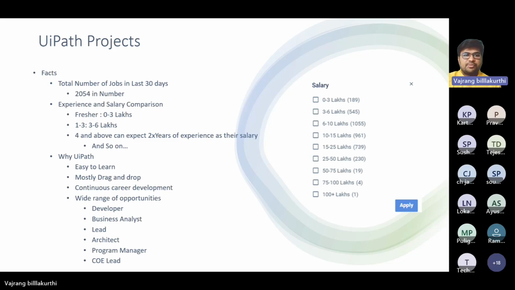The major focus points in this program are for RPA developers, senior developers, and leads of RPA developers. These are the ones who are majorly focused on in this program. So please check with that. Next,